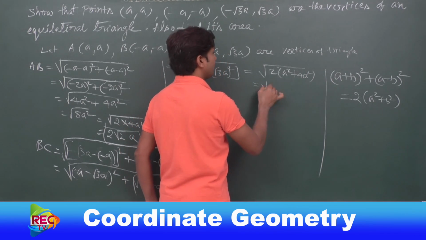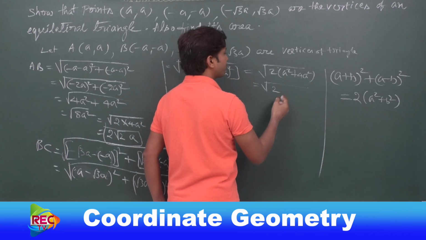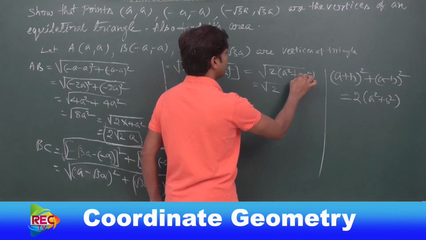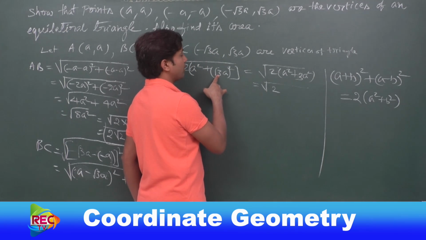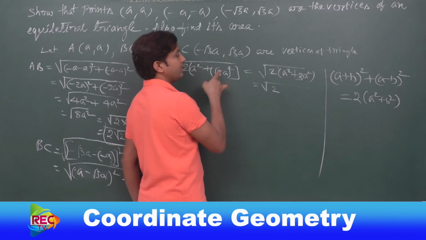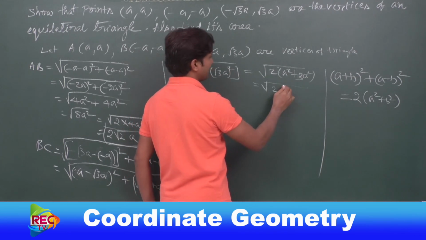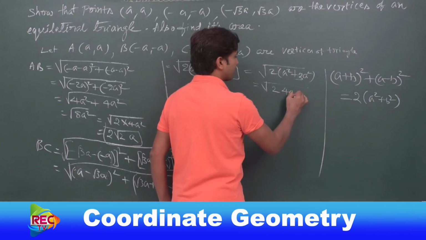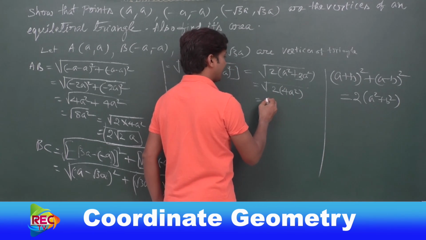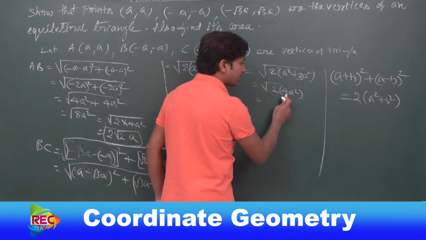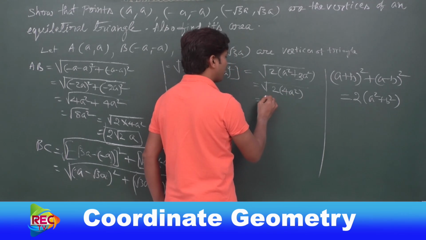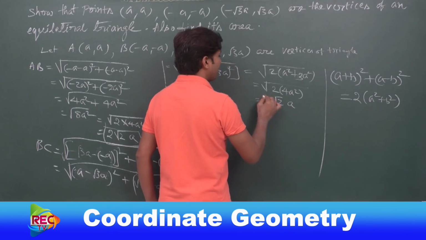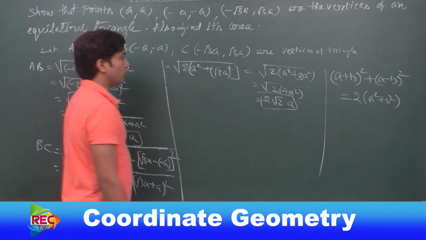Now how much is that? Sorry, this is not 4, this is 3a², okay. √3 squared is 3 and a is squared, 3a², I am sorry. So here 3a² plus a² would be 4a². So how much is that again? 4a² will come out of the square root: 4 becomes 2 and 2 is left inside, and a² will be a. So this will be 2√2a.